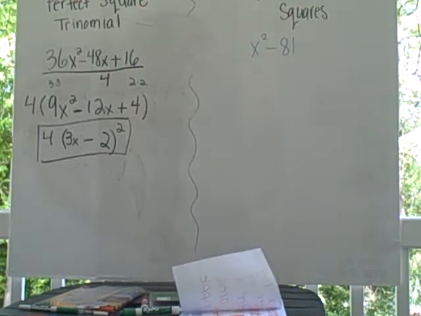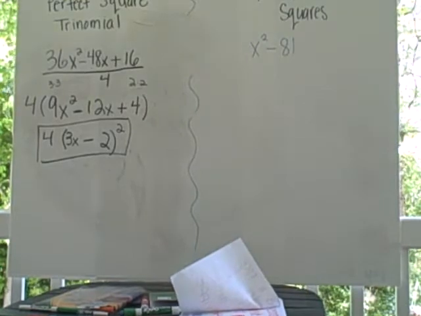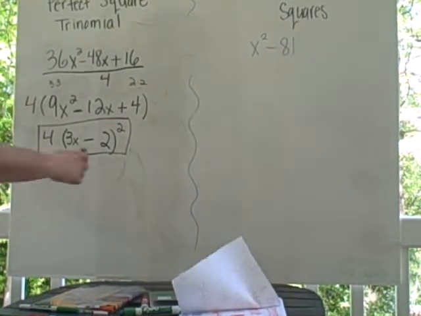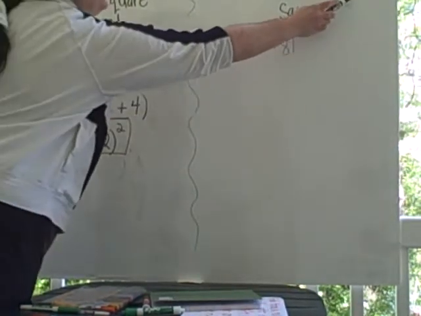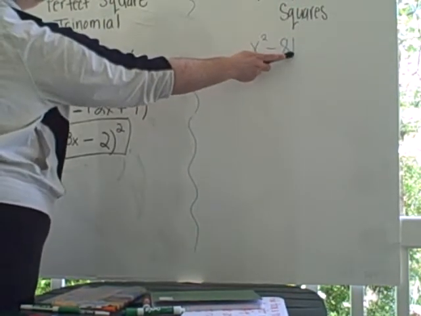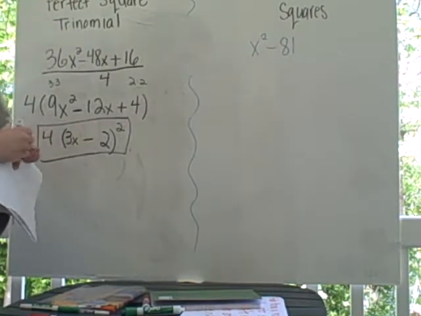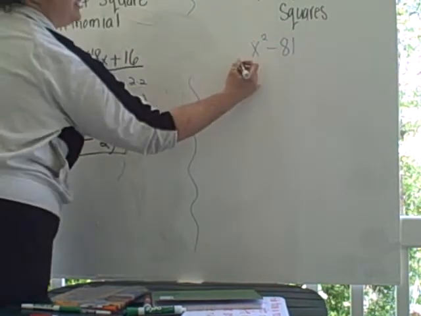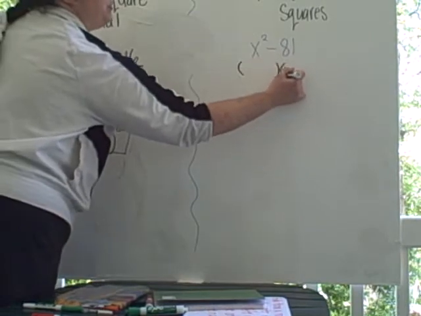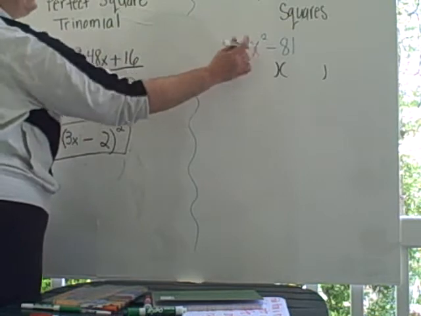Concept because all you really have to do is recognize the pattern again, just like here, looking for the pattern. But this time you're only going to have two things, two squares. The first one and the second one. This is x times x, and this is 9 times 9. So if I wanted to factor this, I would open up the parentheses, just like when I'm factoring, I start there. X times x,